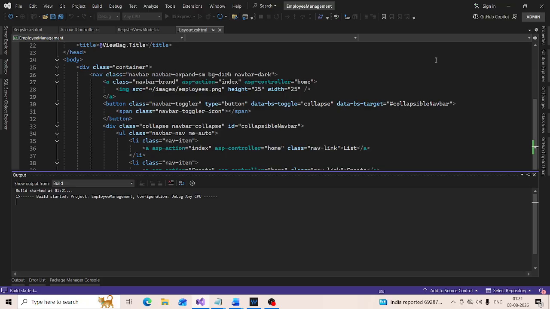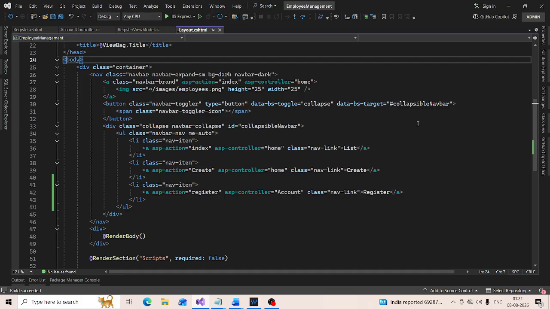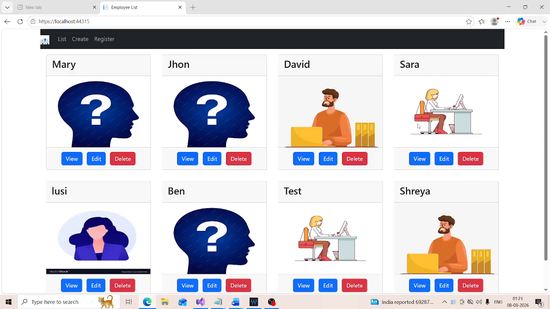Build succeeded. Now run the project. Notice we have our register navigation menu, but we actually want it